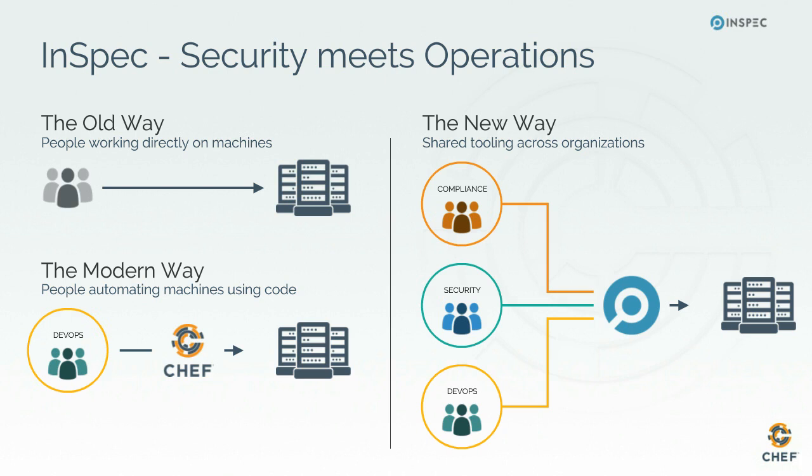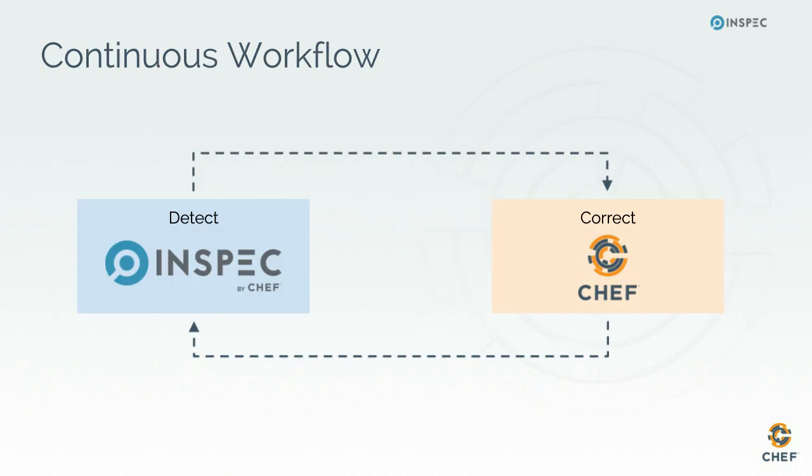Right? So they may end up owning different repositories altogether, but what needs to happen is within those pipelines, those different code bases need to come together as tests for your code that you're trying to promote. And the workflow that we've seen our customers be successful with is very straightforward, right? Detect what's wrong with your systems today with InSpec, and then write a little bit of Chef code or any other CM code to remediate your systems. And this should be a continuous life cycle because we're always releasing new code, which means we should always be scanning systems for their security and compliance state, and probably continuously remediating as well.